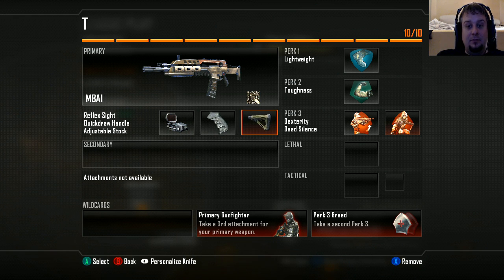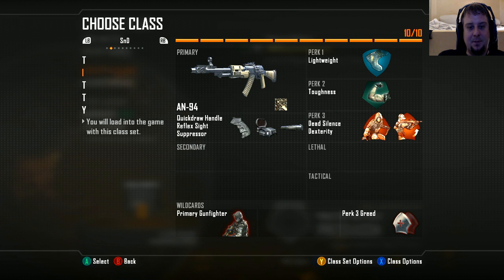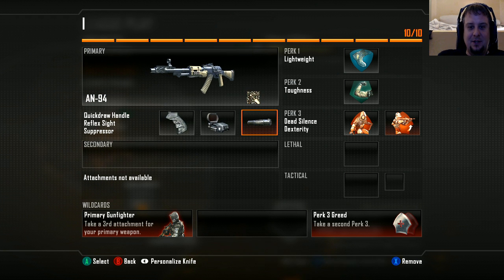It's good though. I enjoy using it, and I'm gonna keep it on my class for a while. But a lot of people need stock more than they need anything else on the gun, but not really for me. It's optional. And here's another class that I was just trying to experiment with the silencer in League